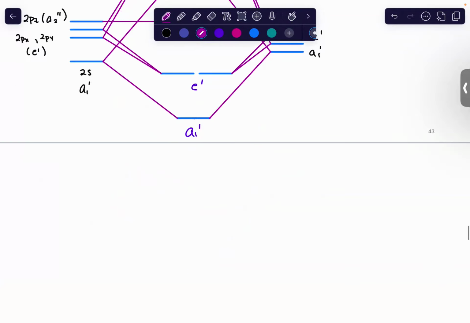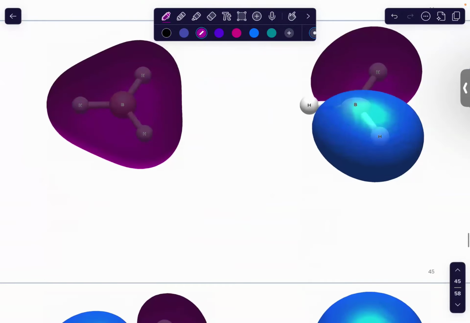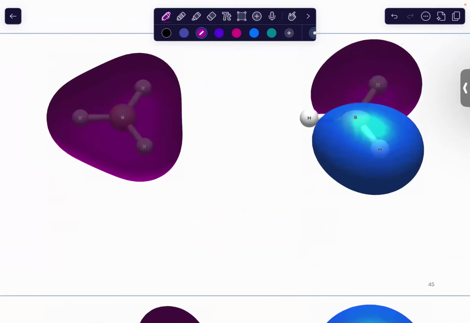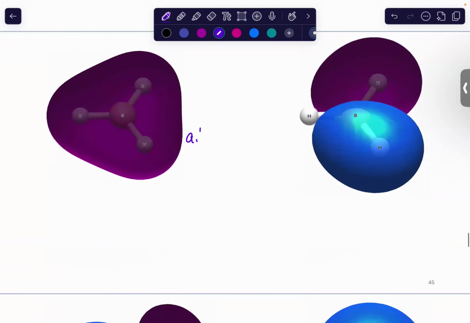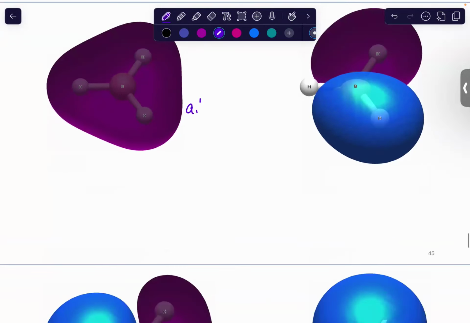Now let's see if you can pick these out. So here are the orbitals we calculated. Okay. That one's got to be A1 prime. That one's gotta be the E prime, the first one. Yep. Oh, no, that's E prime two. Yeah, this is E prime two. Okay, because if you remember, that's gonna be